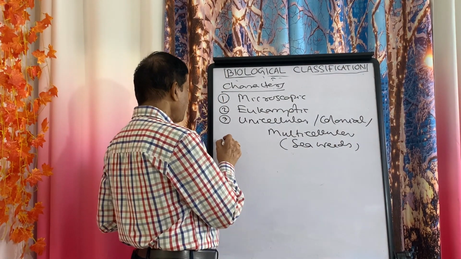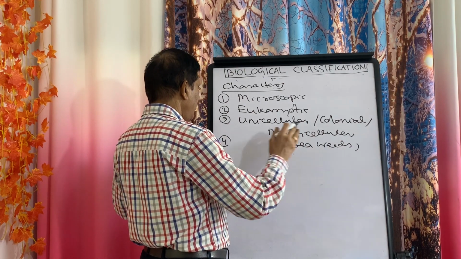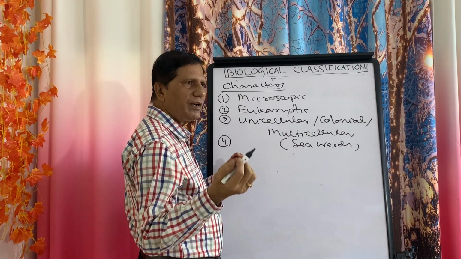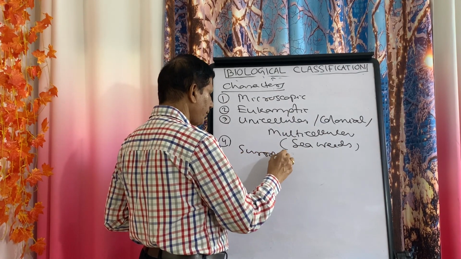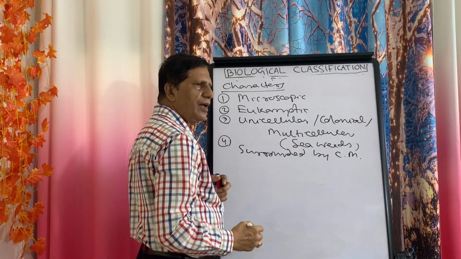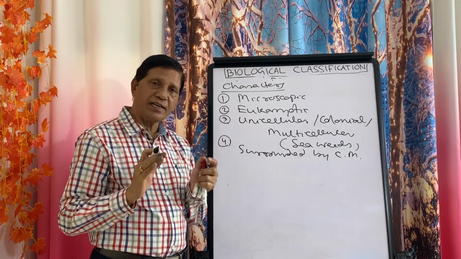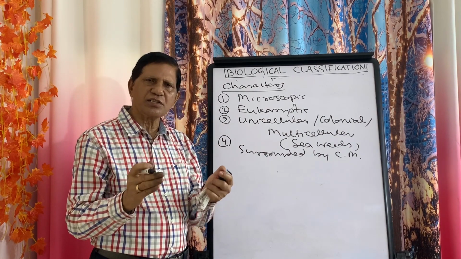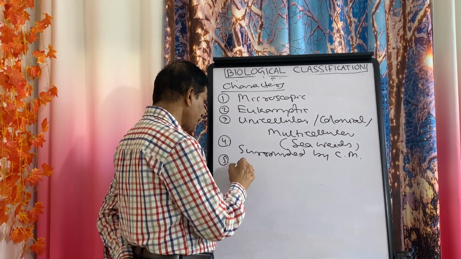Then the next point. Since these are unicellular organisms and they are eukaryotic, they have the eukaryotic characters. The first one is they are surrounded by a cell membrane. And there is no cell wall like the plants, but still, in addition to the outside of the cell membrane, sometimes you'll find some extra structures, usually made up of glycopolysaccharides. So what are these additional structures?